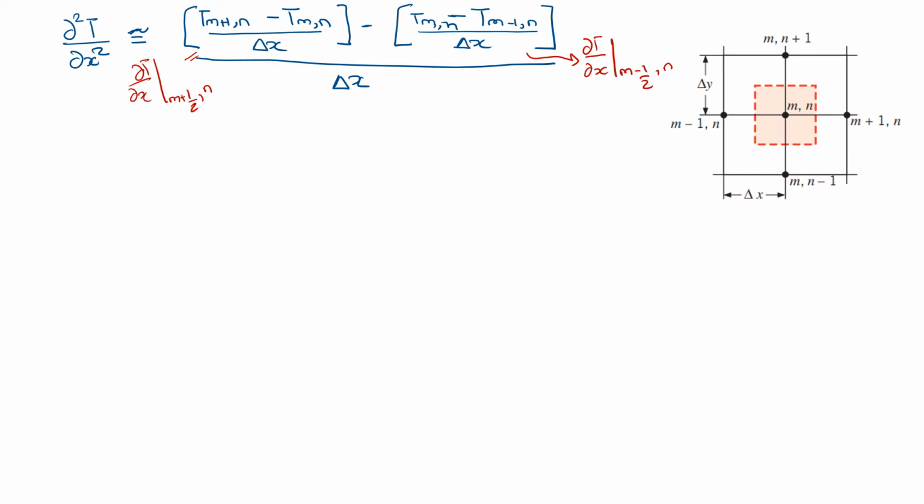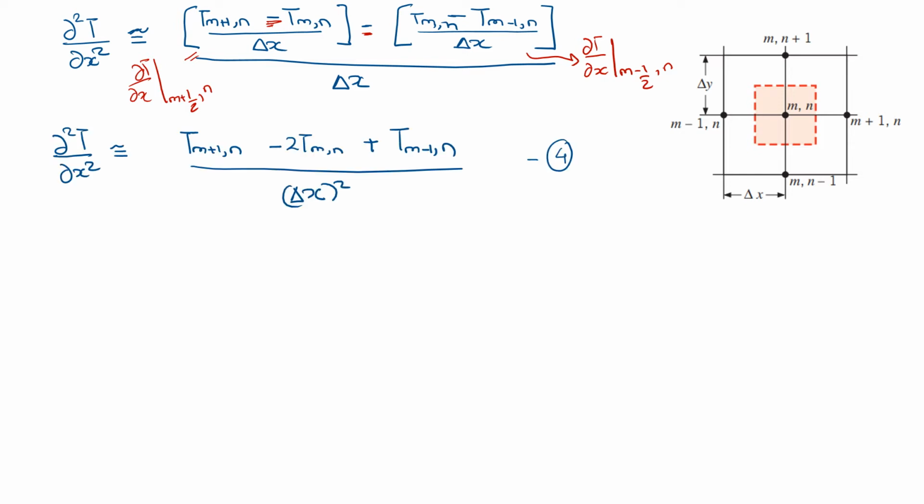Now if you see, you have a minus sign here and a minus sign here, so T of m comma n will not cancel out, but it will become minus 2 times T of m comma n, and your equation will be